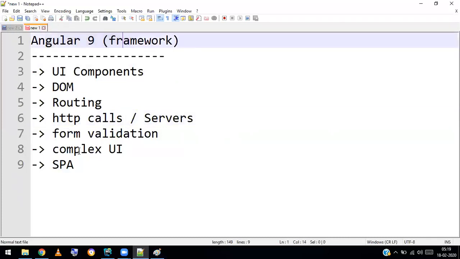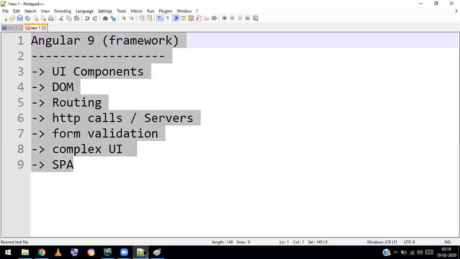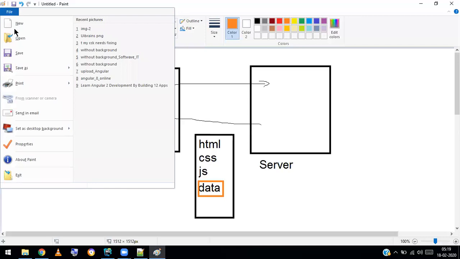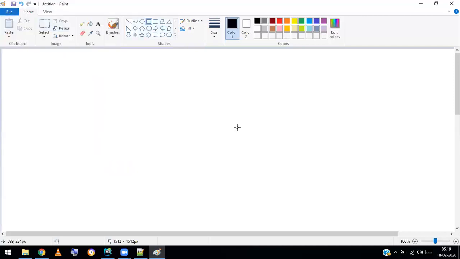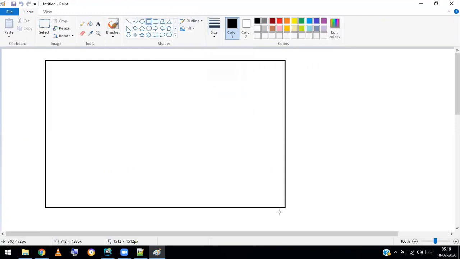So first, how can Angular simplify complex UI development? Let me tell you the architecture. Suppose this is your application.